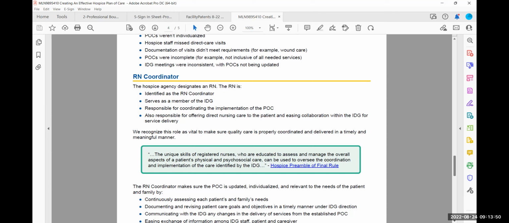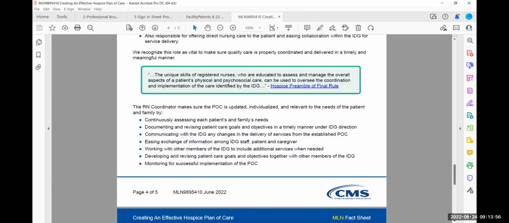And the final rule is the final rule. So that's a big deal. So what is the RN supposed to do? They're supposed to make sure the plan of care is updated on a regular basis, at least every 2 weeks, individualized and relevant to whatever that patient and family needs by continuously assessing the needs of the patient and the family, documenting and revising whatever the care goals or objectives are in a timely manner, communicating with IDG any changes